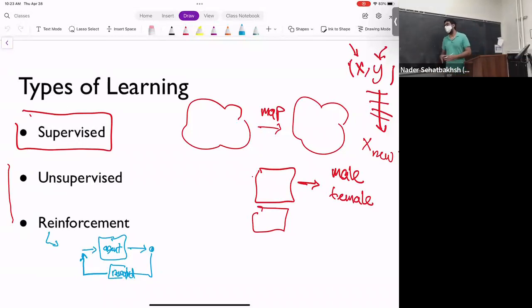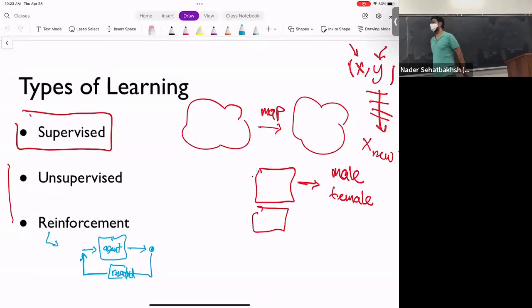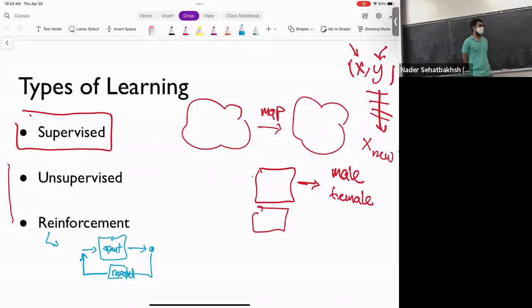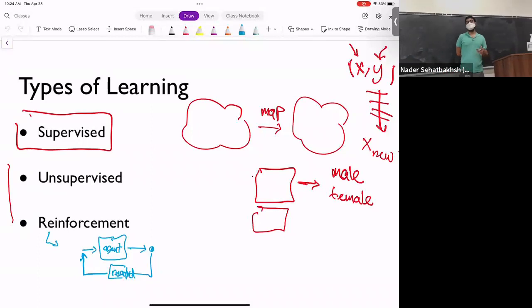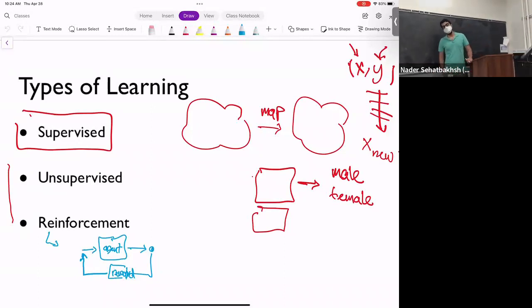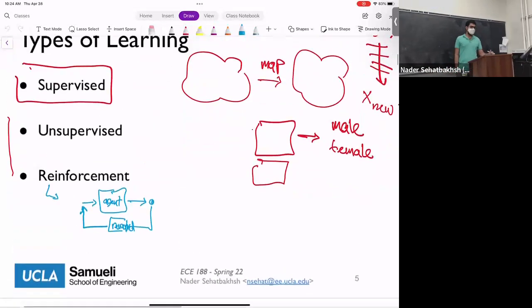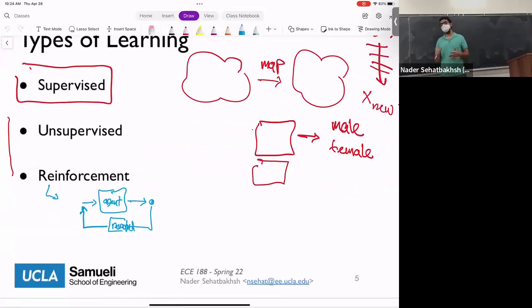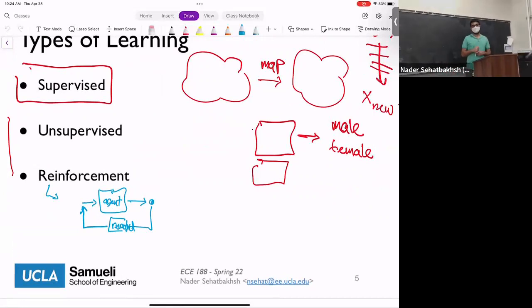Actually, all of these are really wide areas of research and knowledge. Specifically, things like reinforcement learning these days are becoming more and more popular because the class of actions they can achieve is quite huge. For example, for robotics, this is a big area of research. So we're going to particularly look at supervised learning, mainly because the attacks and the impact that the attacker can have are mostly on the supervised learning part, and we're going to discuss why. Any questions here?